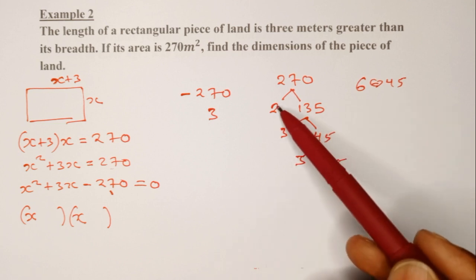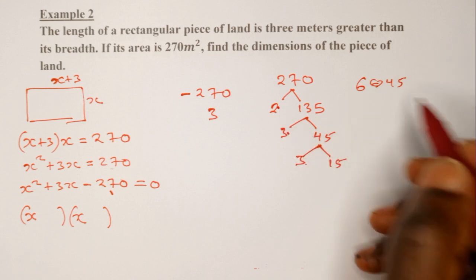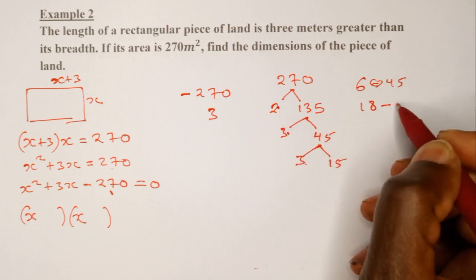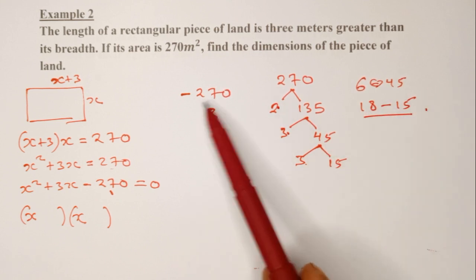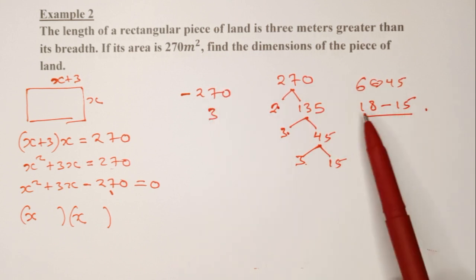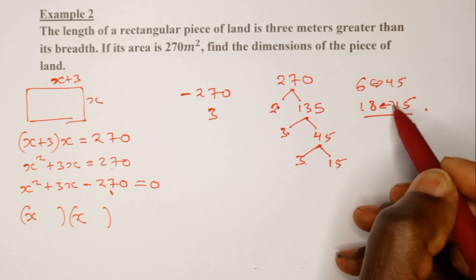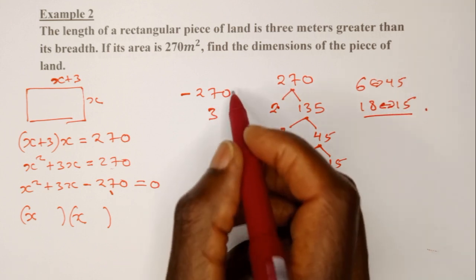So you multiply 2 times 3 times 3. So this will be 6 times 3, that is 18. So now you check 18 and 15. If you multiply, you can get to 270. If you add, there's a way you can add them to get 3. So if you have